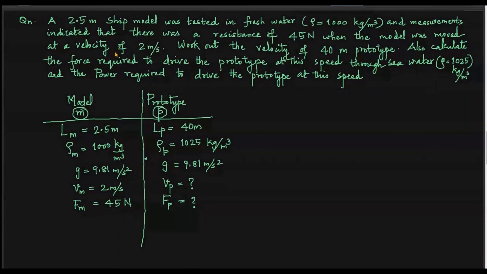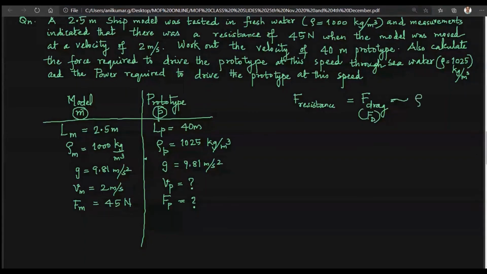See, the drag force is dependent on velocity. The force of resistance, or force of drag, you can write as FD, and that is of the order of, just like we found out inertia force, rho a v square. So it is proportional to rho a v square, and instead of area you can write L square. Dimensionally, the quantity force is similar to rho L square v square. This you must know.